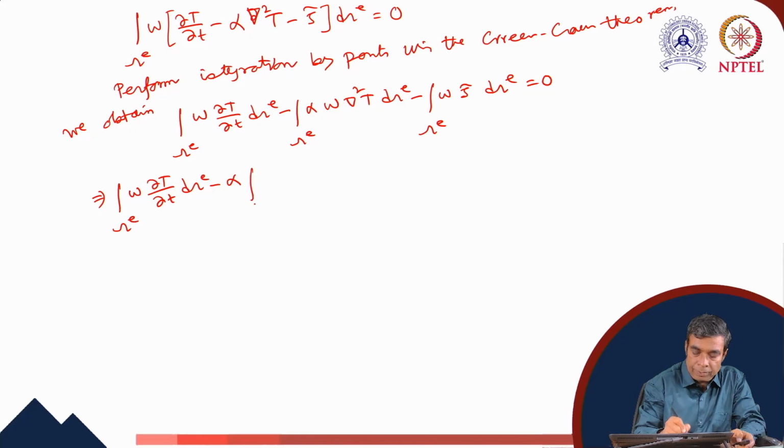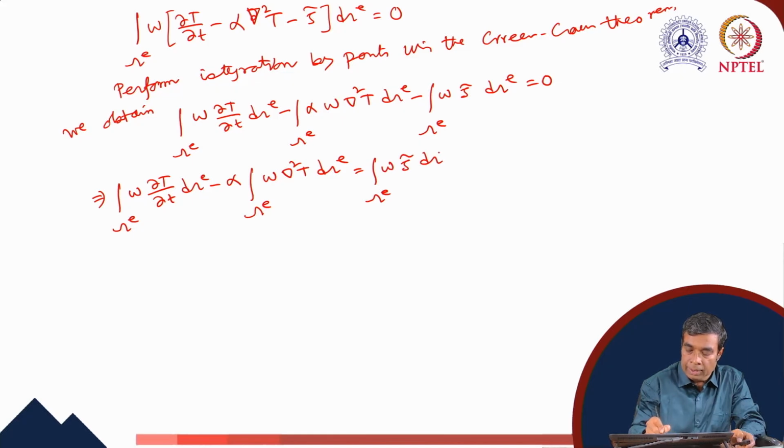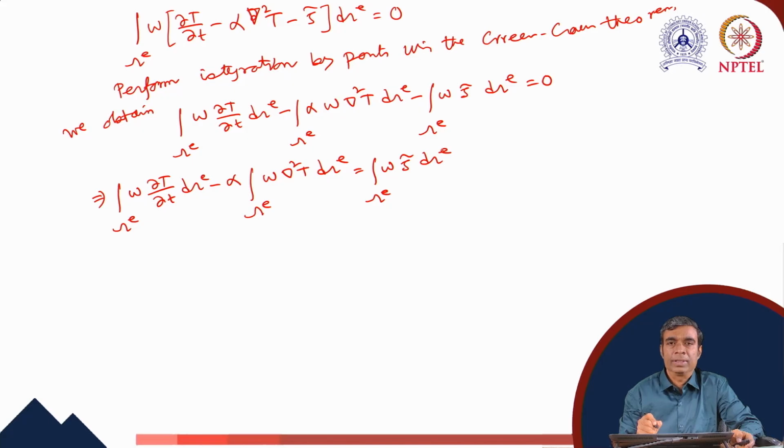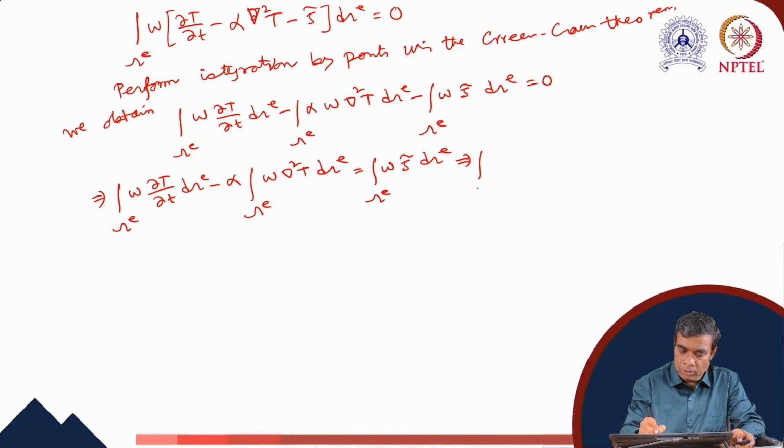Then we have integration over omega e w del square t d omega e equals integration over omega e w s tilde d omega e. Now this s tilde is the source term, a known term, which we can conveniently shift to the right hand side. This integration gives us integration over omega e w del t del x d omega e minus alpha